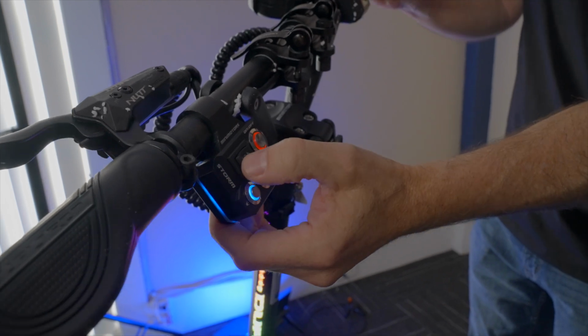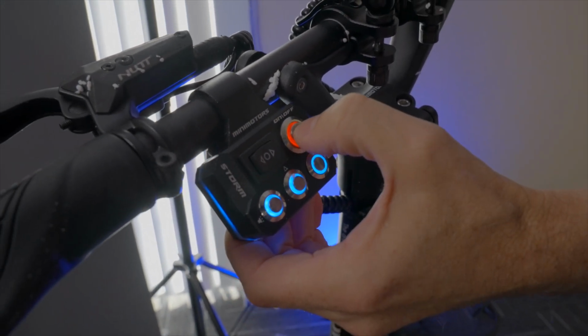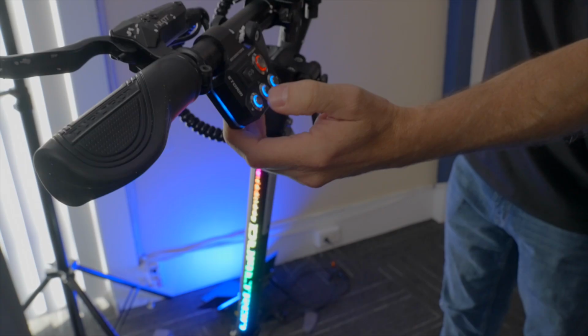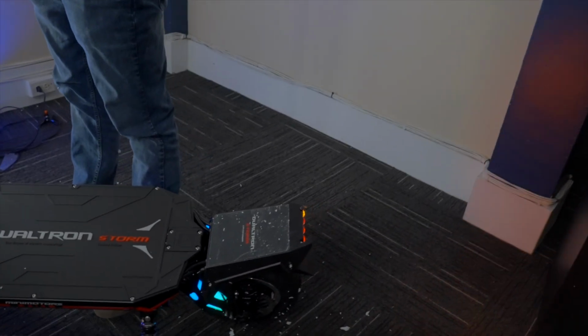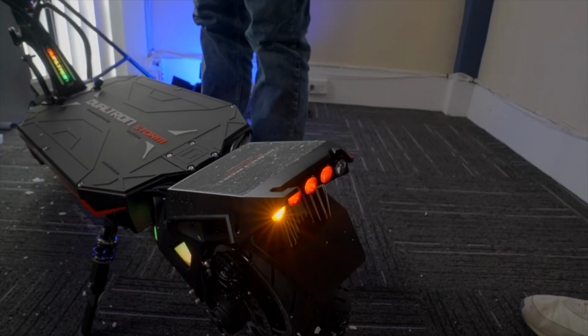It's got the same nice metal control box that we had on the regular Storm. It's got the turn signals and master on-off switch for all the lights and the swag lights. And then your eco and turbo button here. You got your horn, which is nice. Dualtron with a horn, they don't all have horns, surprisingly. And then you get your hazard lights. Boom. And so we got turn signals,